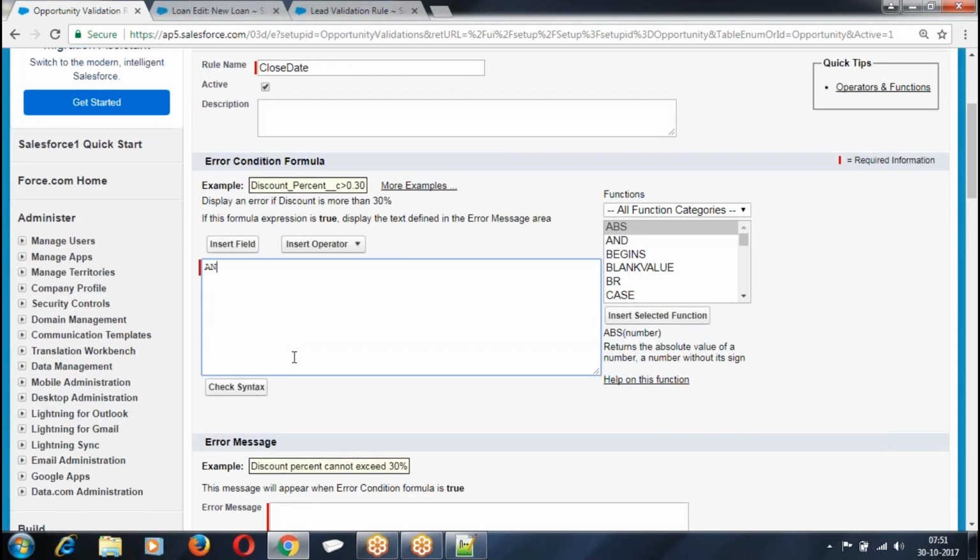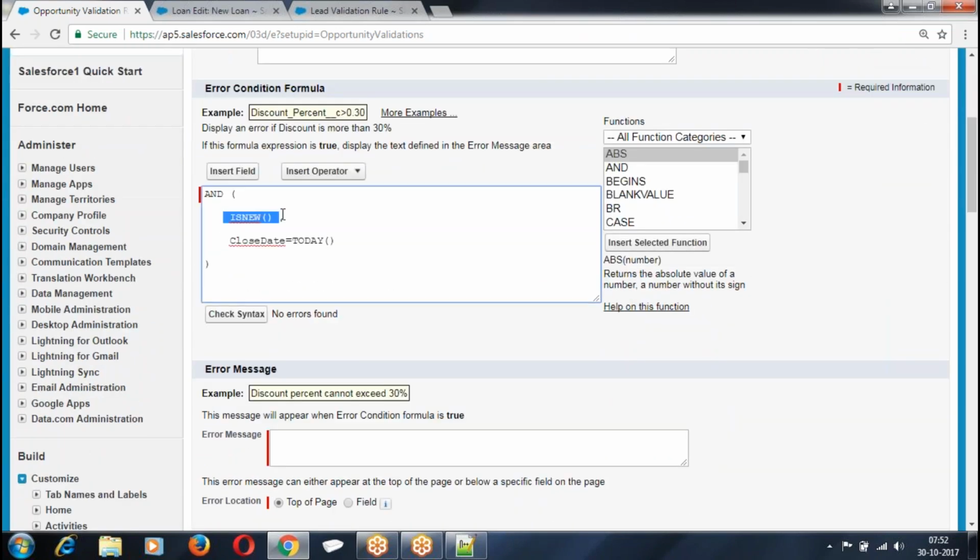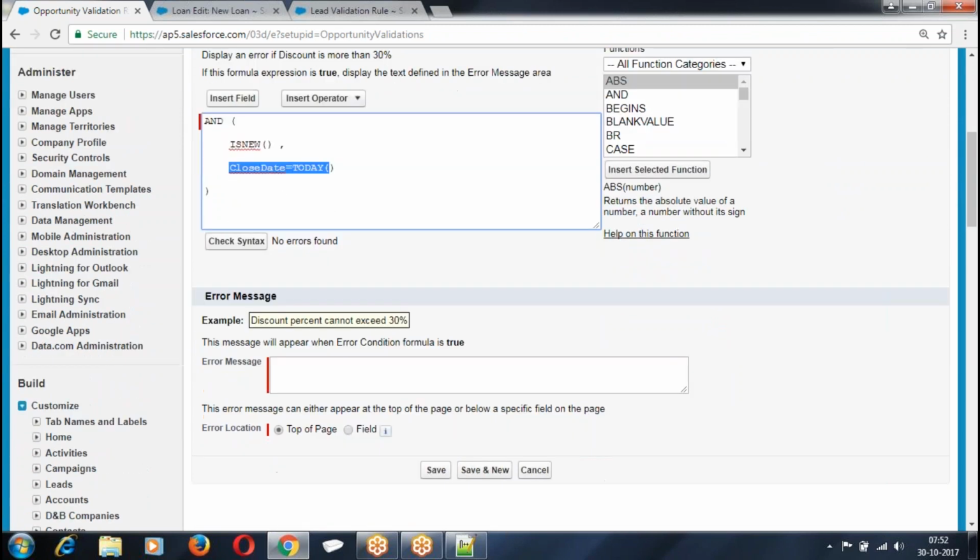So I have to check two conditions. What is the condition? Is new. If it's a new record and close date equal to today, then throw an error message. Is new is going to return true if it is a new record.